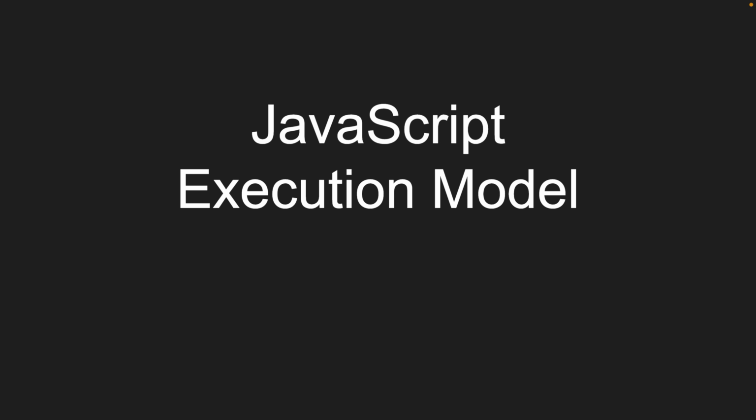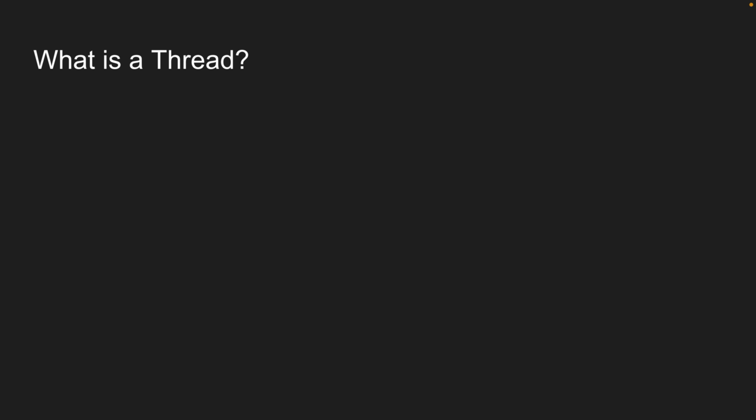Today, we have an exciting topic to cover: JavaScript execution model. We'll discuss how JavaScript is single-threaded, understand what that means, and dive into the concept of the event loop. We'll also draw some analogies with other programming languages to help you understand these concepts better. So let's get started. To understand the concept of single-threaded or multi-threaded, we first need to understand what a thread